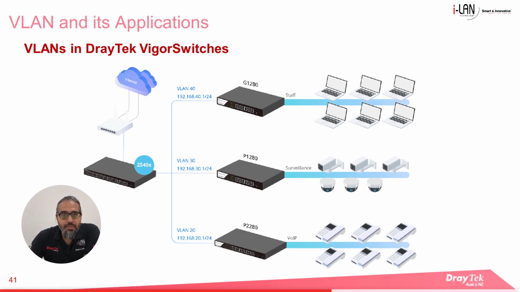For instance, IP cameras store videos to the local NVR, the IP phones register to a PBX, and documents and files on your PCs are stored on a local file server. Utilizing VLANs as well as Layer 2 Plus features in Draytek VIGA switches will improve network performance and also reduce the need to have a higher-end router to handle local traffic.